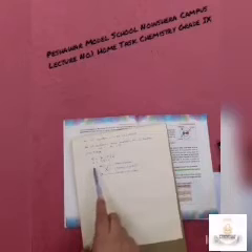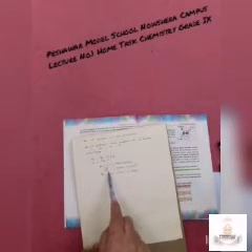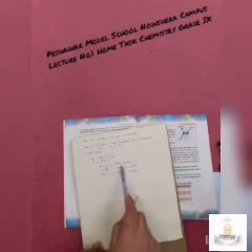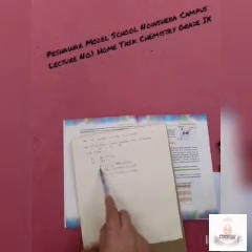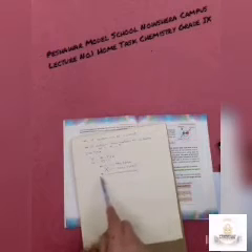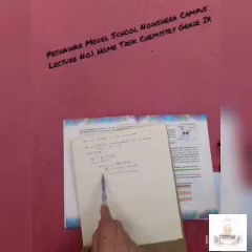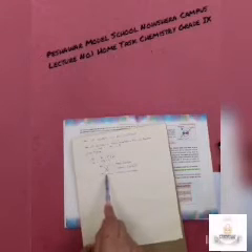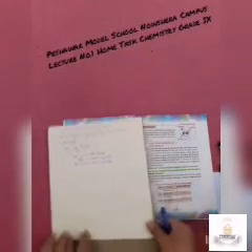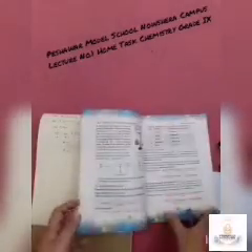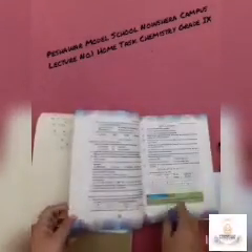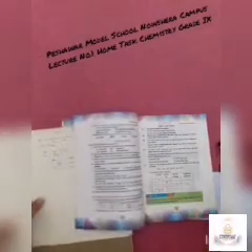This is the symbolic representation of an element. X is the symbol of the element. A is the mass number, and the mass number is always written at the top of the element. Z is the atomic number, and the atomic number is always written at the bottom of the element. Now let's move toward our question, which is question number 5 on page number 39.